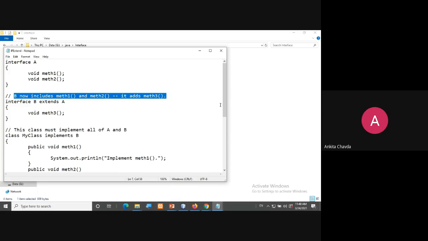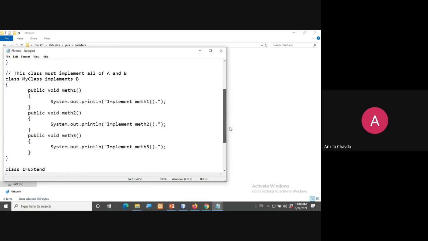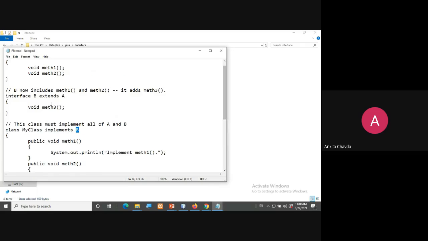Okay. So here in this class, which implements only B, we are implementing only one of the interfaces, which is B. We are not implementing interface A. Even then you have to give the definition for all these three methods. Why?